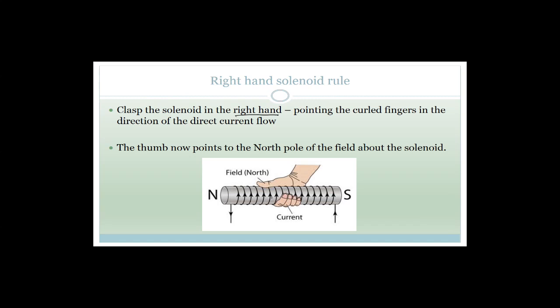But this time, last time we led with our thumb. We knew which direction the current was going in. It was in the wire, right? So the current was in a straight direction, so therefore we used our thumb. Whereas in this case, what we're saying is, hang on, the coil is the electricity, okay, is the